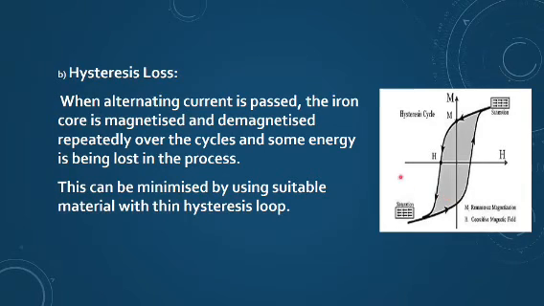You should know that iron is a ferromagnetic substance, and we can minimize this energy loss by using a suitable material. We can use some alloy having proper values, so that this hysteresis loss can be reduced. We cannot make it zero, but we can minimize it by using suitable material. Hysteresis loss occurs because of repeated magnetization and demagnetization, because you are not passing current just once. Once a transformer is installed, it works for years.